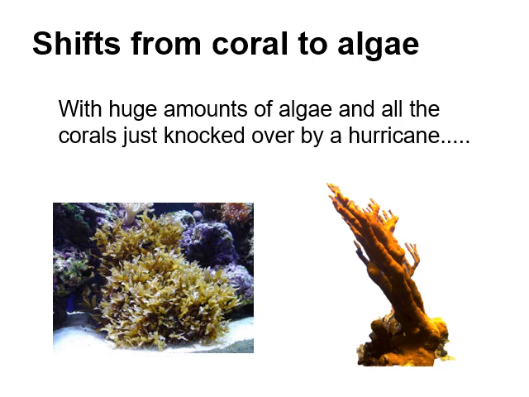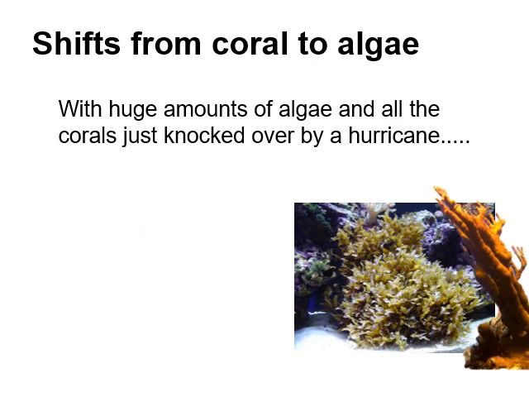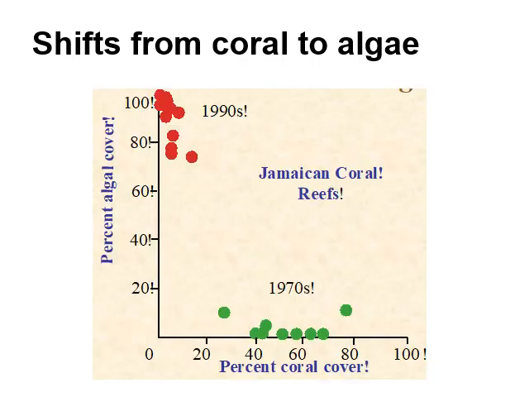And now because the algae is growing unimpeded, because there's no herbivores to eat them, the algae kicked out the coral. So you had this shift from before, when it was dominated by corals, to now being dominated by algae. So if you look at a graph of percent coral cover and percent algae cover,